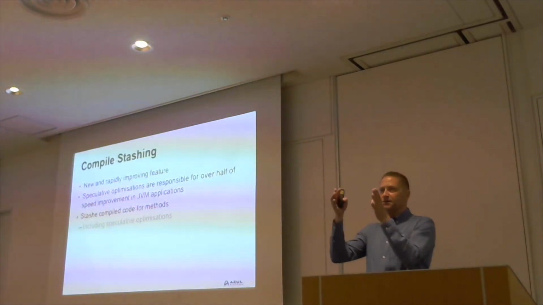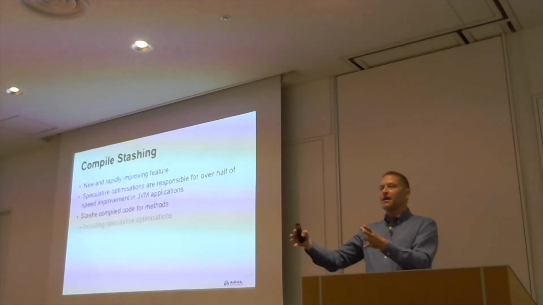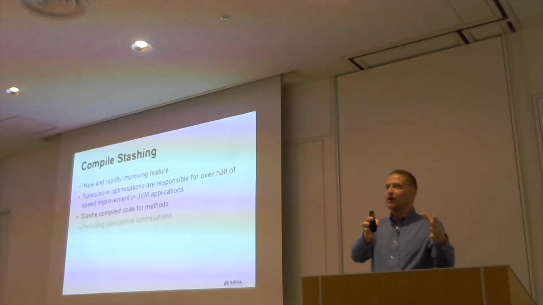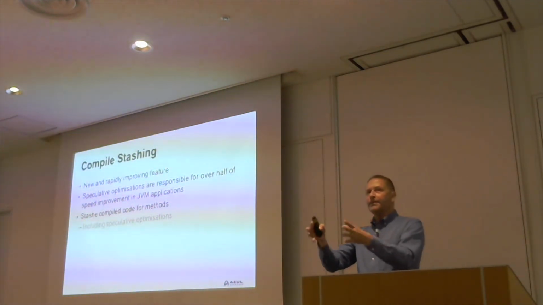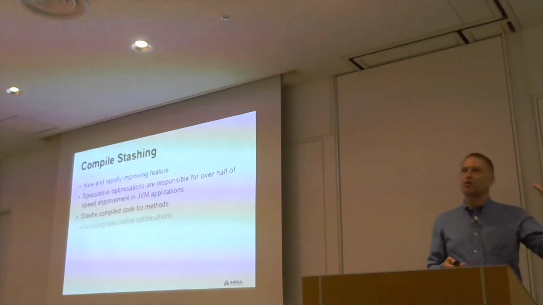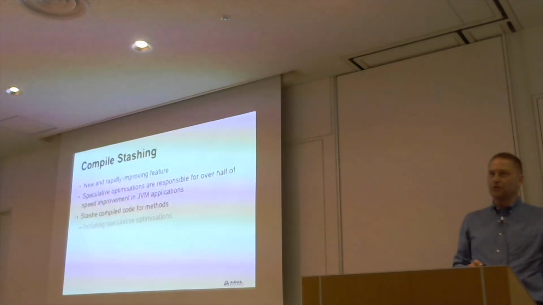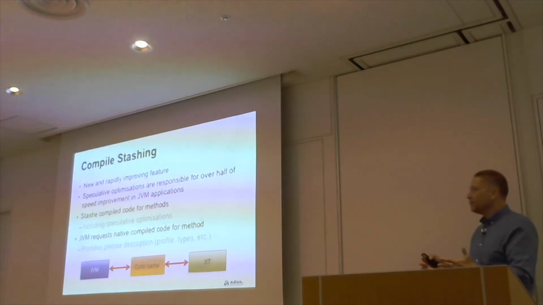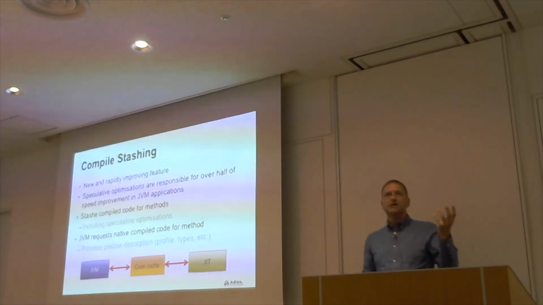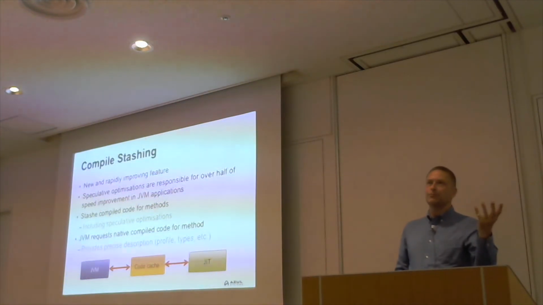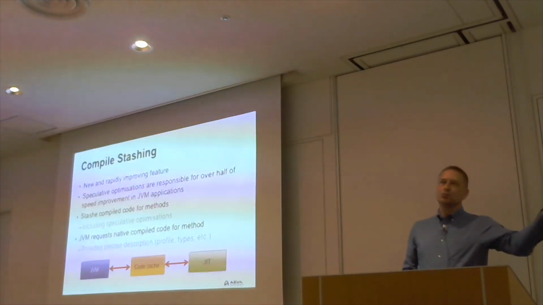So the fingerprint is the method signature, plus the compiled code, and the profiling information that was used when that code was compiled. That way, when we want to try and reuse that code through the compiler, we can look at the fingerprint and say, does the code that was compiled for this particular method, using this set of profiling data, match what we're looking for?